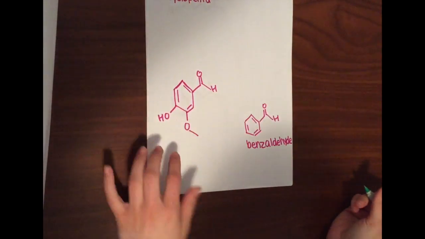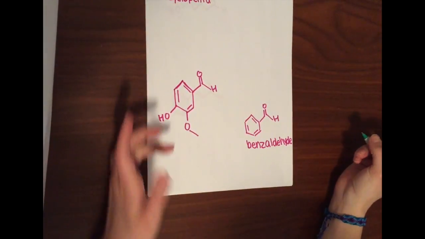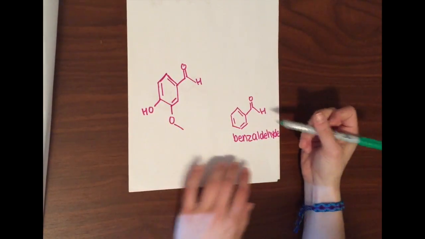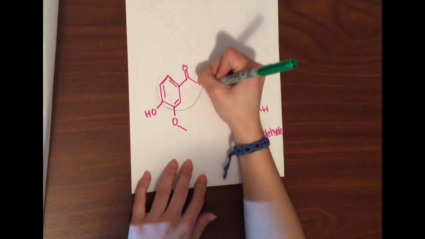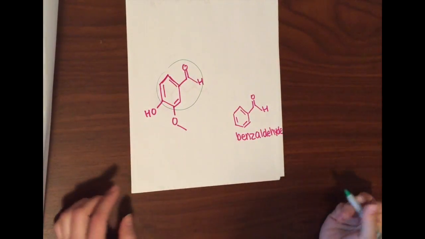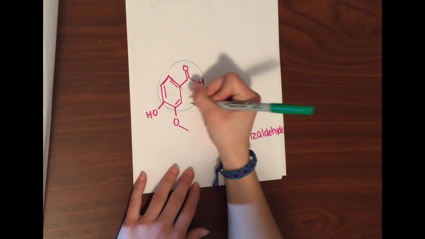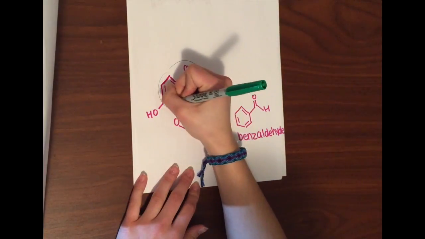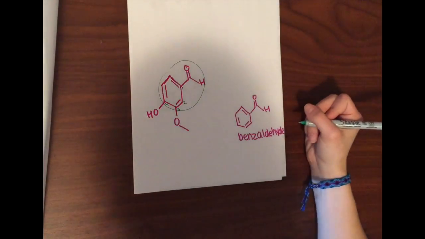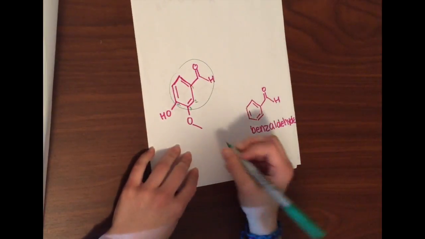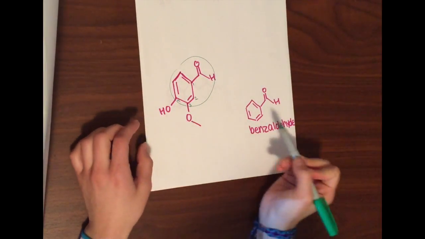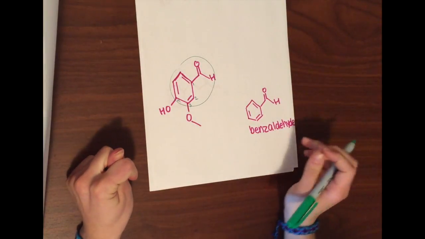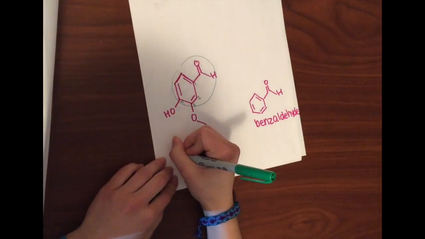Alright, our next practice problem is this one right here. When first looking at it, it looks like a challenging problem, except that a tip to remember is that this figure right here is actually a benzaldehyde. So using that, you just have to number from the benzene group, and that would be 1, 2, 3, 4, because we number clockwise. And then on the 3rd carbon, there is a methoxy, and then on the 4th, there's a hydroxy. However, because we name alphabetically, our name goes